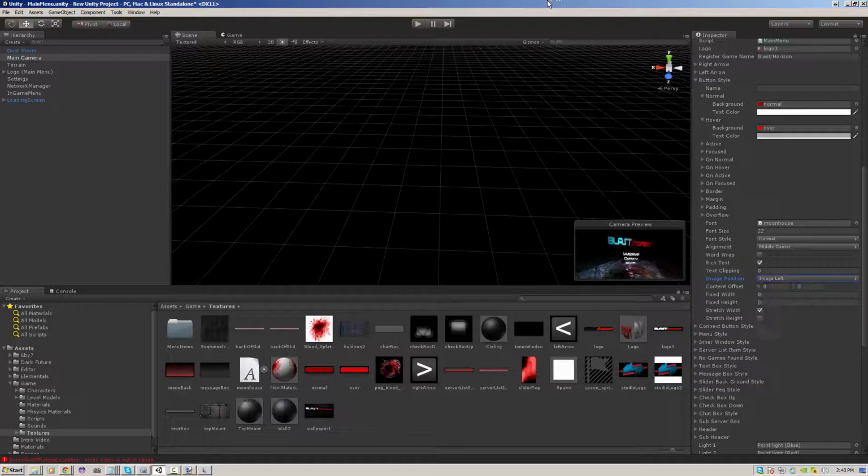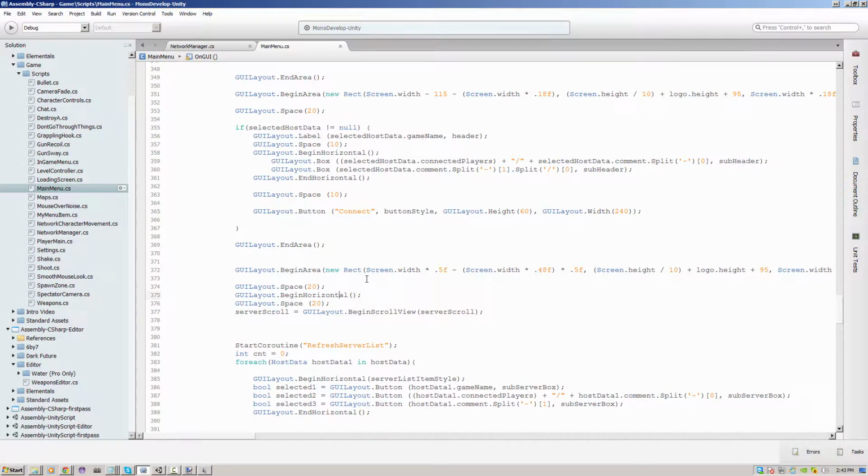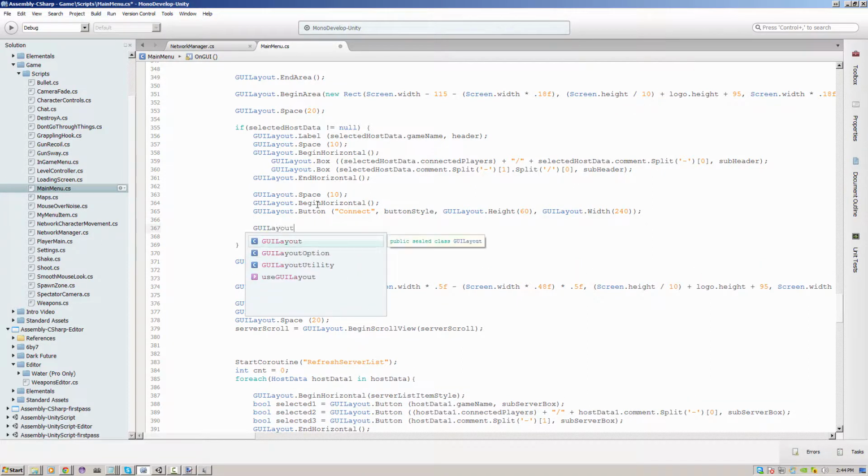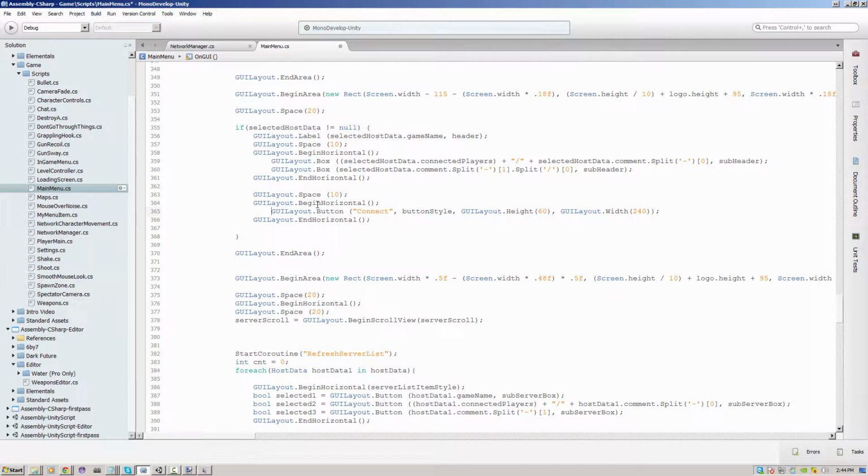No, that is middle center, so it's not that. I think what it may be is if I just do, see if that helps it out. But I also want to do